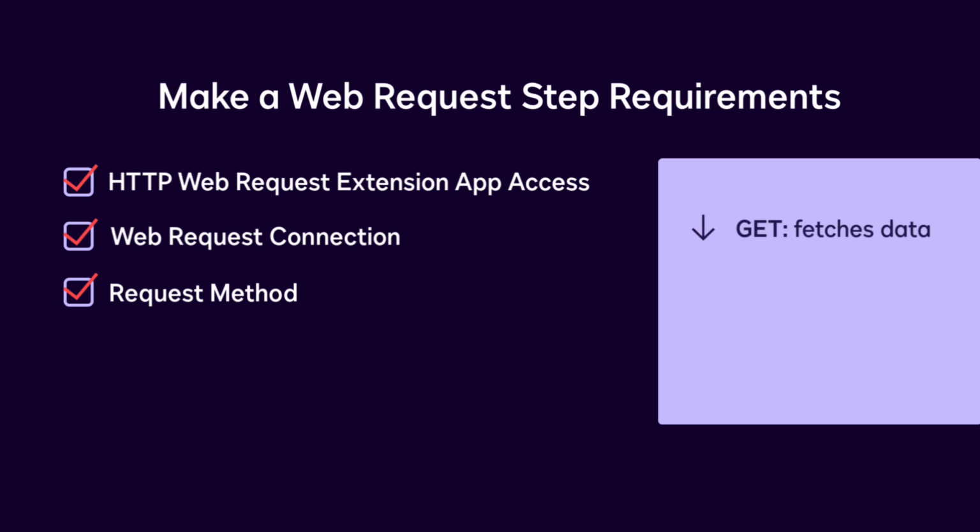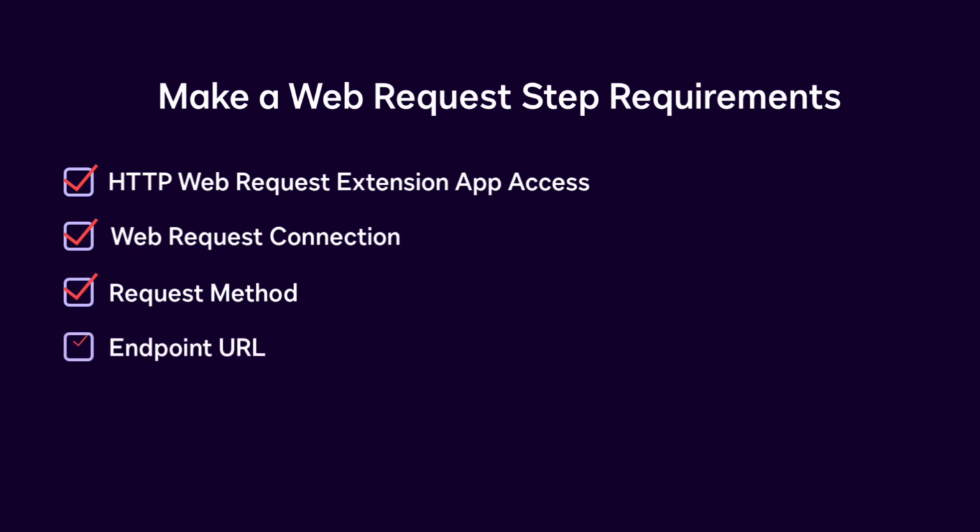A GET request fetches data from an external system to use later in your workflow, for example, retrieving a customer's current contact information to send a new agreement. A POST request sends workflow data to an external application to create something brand new, for example, creating a new customer profile in an internal database. A PUT request replaces or updates a specific piece of existing data in an external system with new workflow information, for example, replacing an outdated billing address with a new one collected during the workflow.